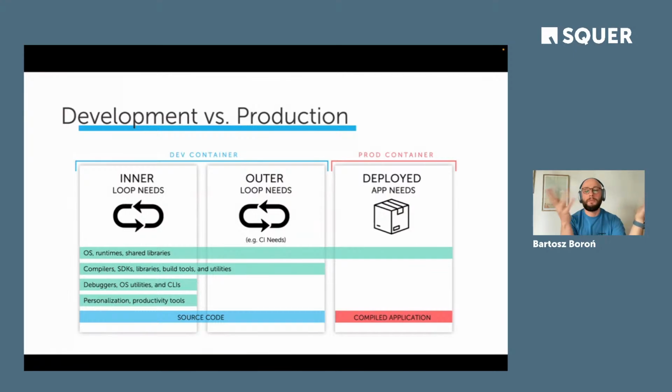The dev container obviously now needs not the compiled application, but the source code to actually work on it, and not only the basic host dependencies, but also further dependencies like compilers, debuggers, and other tools. And this is the fundamental principle of having these dev containers. You have something very similar to what you have in production already. It's just that it packages your development environment.